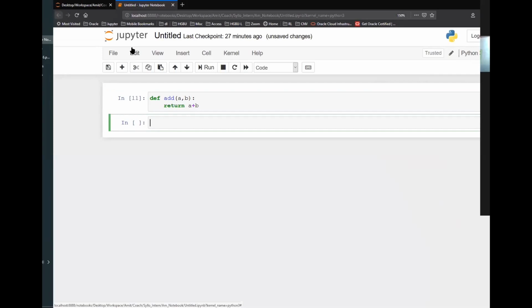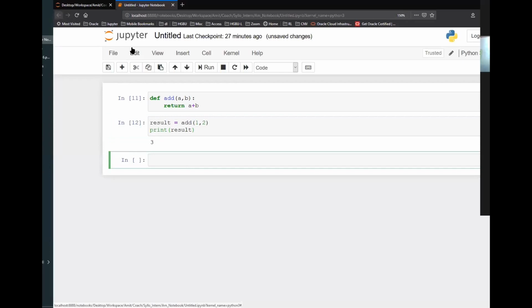Now to call this function, I will say add 1 comma 2, and let's say I'm saying some variable result equals to this, and then print result. If I run this, then I'm getting the answer 3.